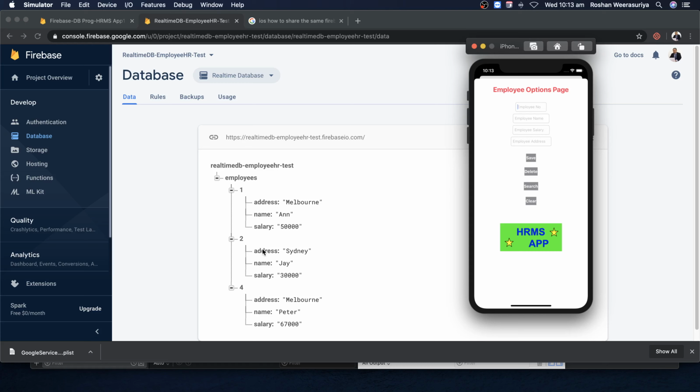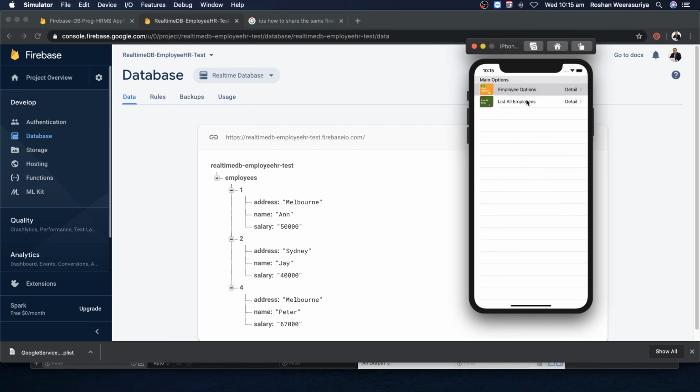And if you want to change the salary of J, you can search for J first using the app. Let's say you search and it says the salary of J is 30,000. You want to change it to 40,000 and just click save. You will see that it gets updated in the real-time database. That's wonderful. So save, delete, and search functions are working. Not only that, you can go and change a few other things. Awesome. Once you are done with that, you can swipe it and list all the employees,